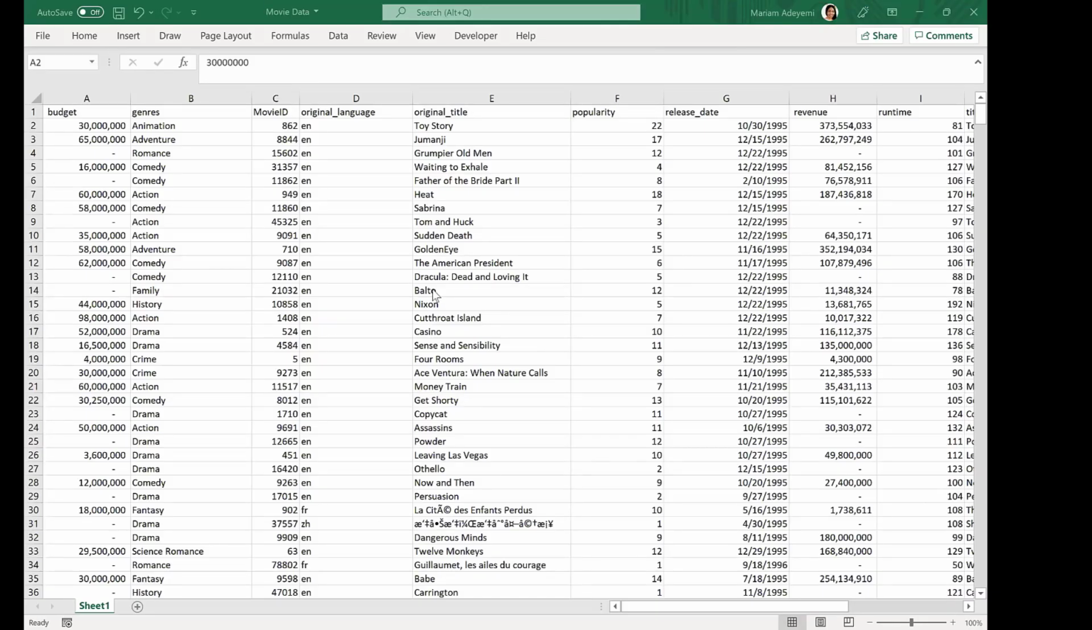So I'm going to be showing us how to use pivot table. So this is Excel. This is the movie data. I'm just going to use this because it's a common data that we have for this class. So if you want to work on it, the pivot table is one of the most important tools when it comes